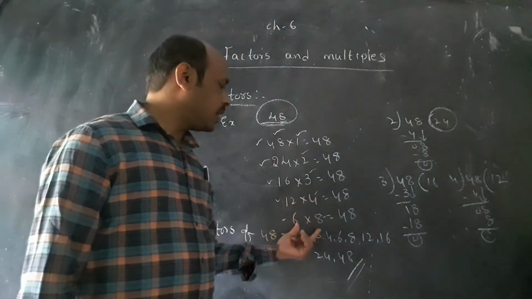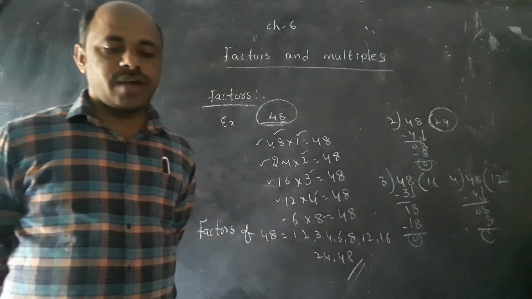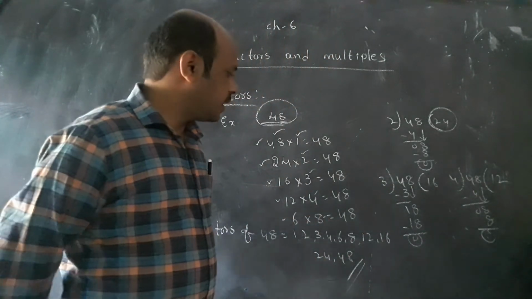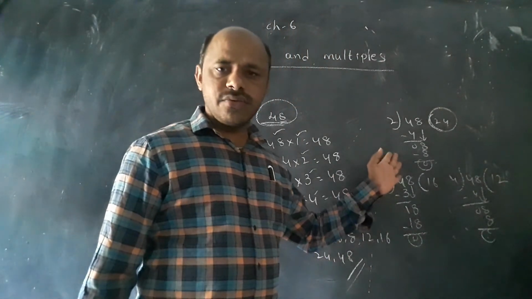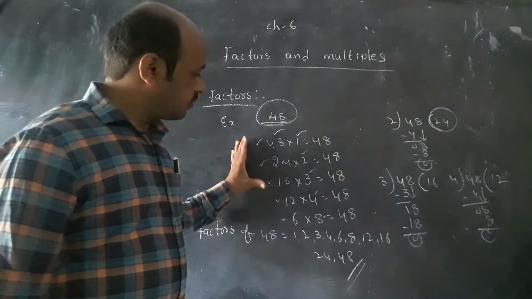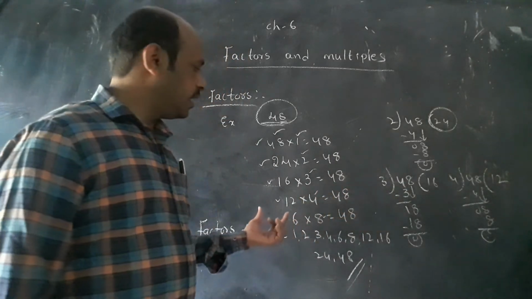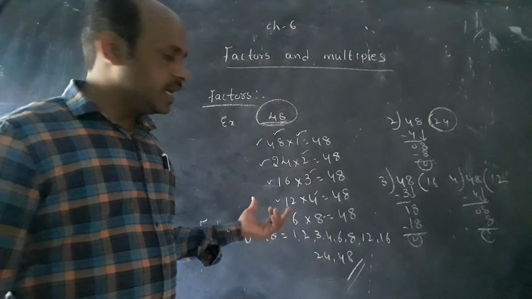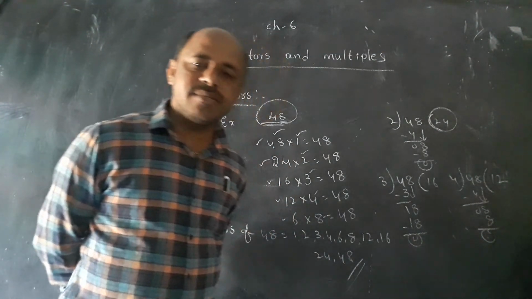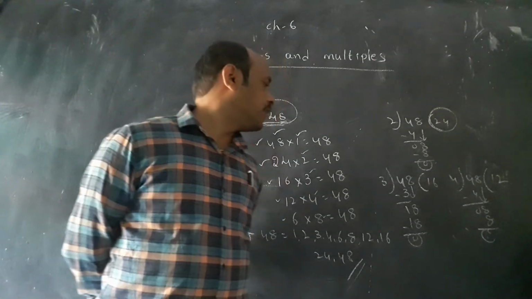Either we write like this, or we do the division method of finding the factors. These are the two methods. This method is also for finding factors, and it is also useful for comparing both. This is very easy for you. Why? Because in the 1 table, every number is divisible by 1. We will write like that.